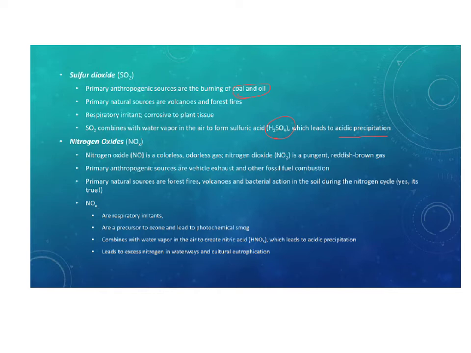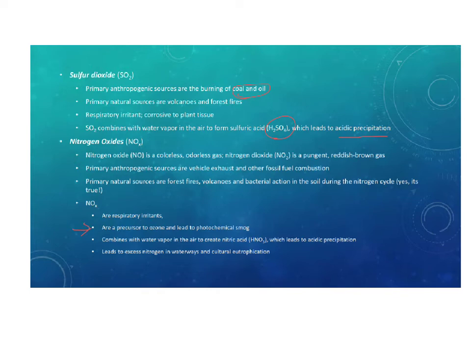Primary natural sources are forest fires, volcanoes, and bacterial action in the soil during the nitrogen cycle. Yep, bacterial action actually causes the release of nitrogen oxides and nitrogen pollution. So nitrogen oxides are respiratory irritants. They are a precursor to ozone, and they lead to photochemical smog, and we'll talk more about this when we